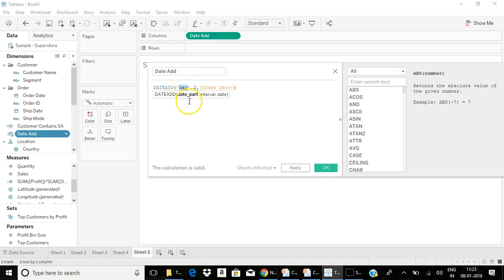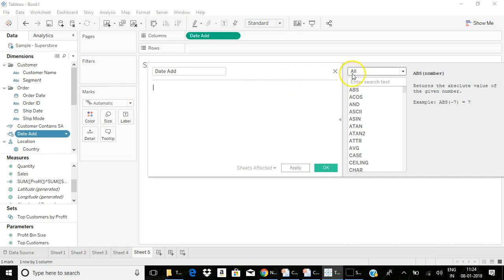Here you can use any of the date parts. If you want to add days, you should use day. Else you should use month, else quarter, else year. If you want to subtract 2 years from order date, then you have to give -2 using the same date add function.